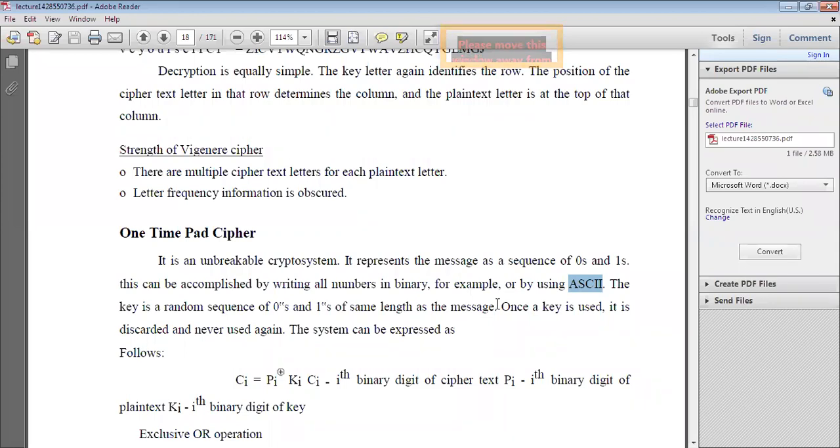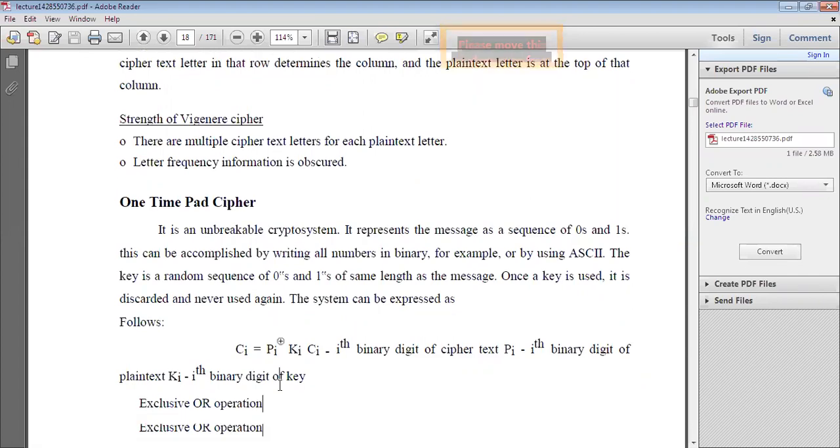Okay, so after sending the message, once a key is used, for example here you want to convert to ciphertext like this: plain text XOR operation with the key value. The first character of the plain text and the first character of the key are combined with the XOR operation.